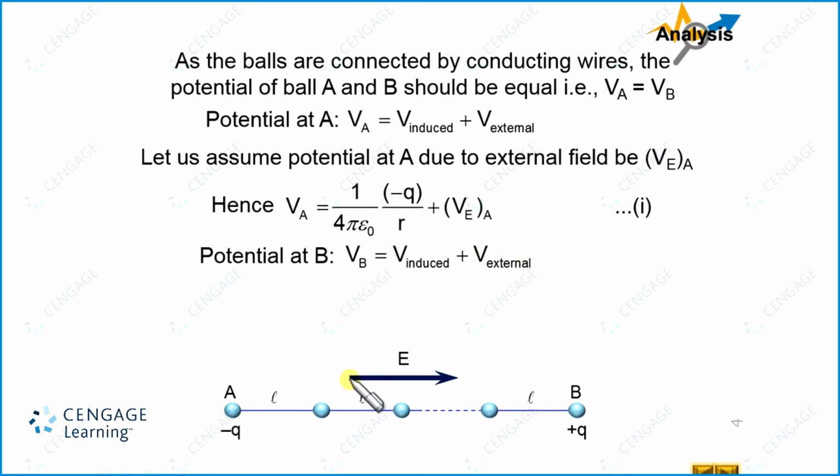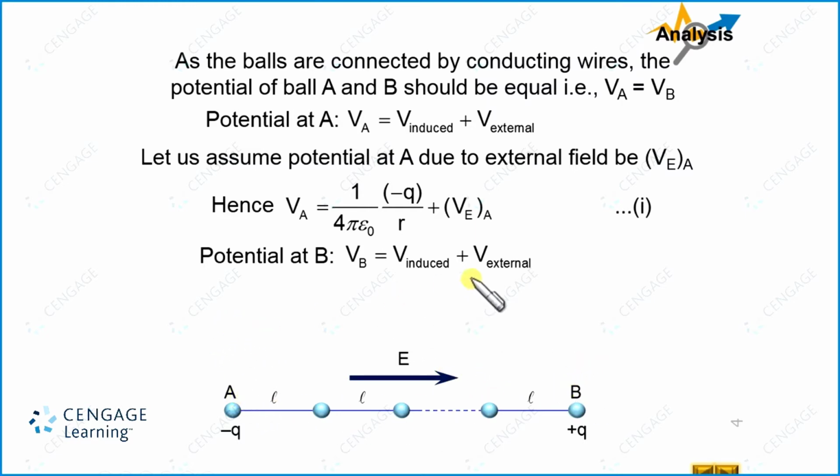Okay. The field is uniform, and we know potential decreases in the direction of the electric field. So as we move in the rightward direction, potential decreases. And here we can observe we have n balls, that means we have n minus 1 links. So the distance between ball A and ball B should be equal to (n minus 1) multiplied by L. That means the potential difference between A and B should be equal to E multiplied by (n minus 1) L. And the potential of B, because of the external factor, should be less than the potential of A.